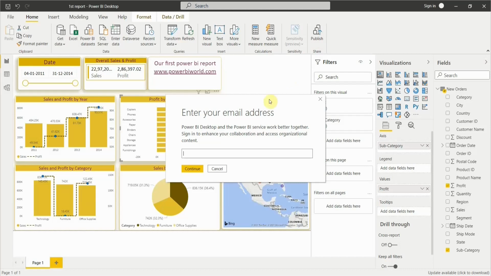A point to remember here is, if we want to access Power BI service, it cannot be done with our personal email ID. If I try to put my personal email ID, like my name @gmail.com or yahoo.com, whatever it is,